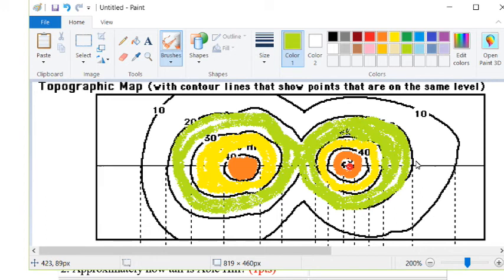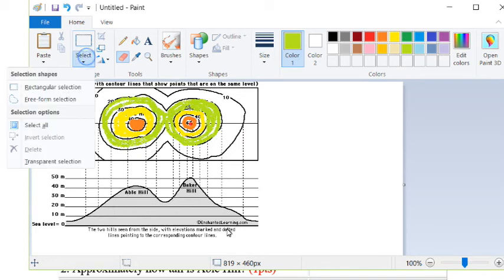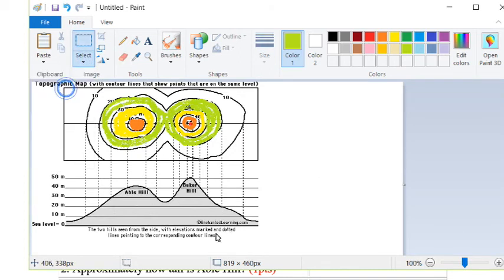And I let you do then the 10 contour line. I think you can figure that one out. Oh, it's not green, it's dark green, right? This is an instruction say that. Now once we have it, we'll just do select, and rectangular selection is good, and I'm only interested in the contour line, so select maybe that upper part here, and